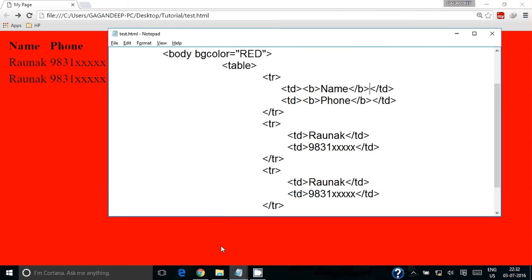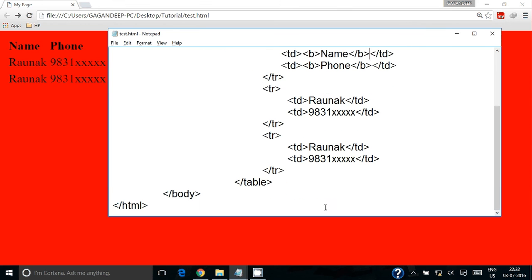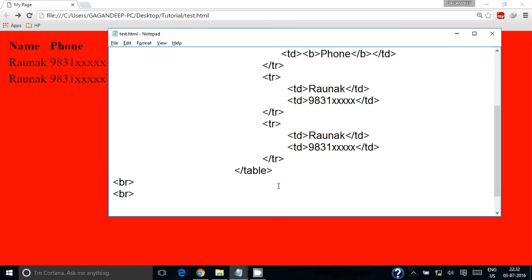Now let's move on to learn some lists. Keeping the table, I'm not deleting the table. Just by applying a few enters, we'll learn lists in HTML. The very first thing you need to know is how many types of lists are available in HTML. The very first list that I will discuss is the ordered list, OL. In an ordered list, you use the tag name OL,